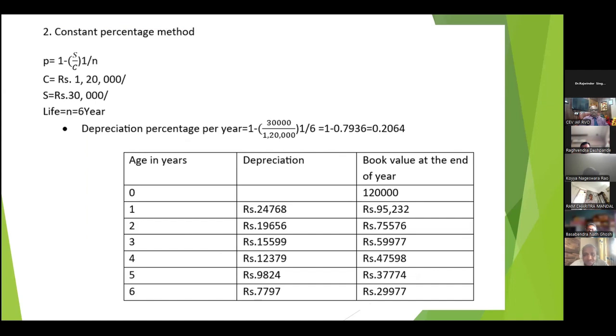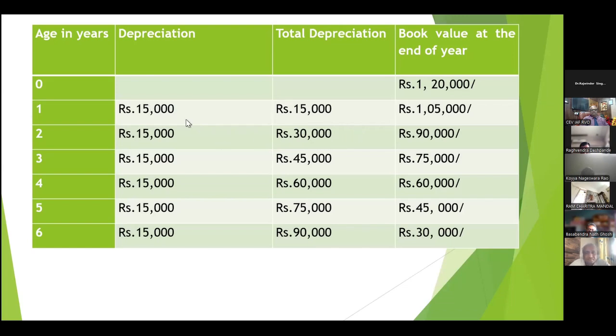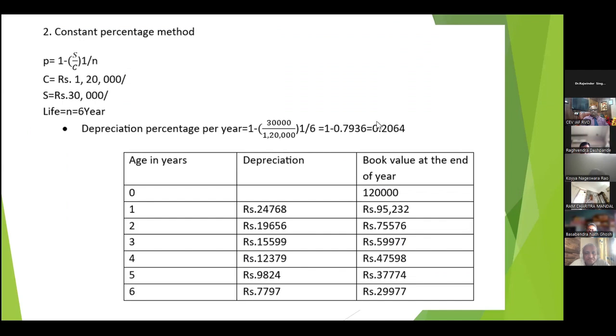अदरवाइज इसमें एक और लिमिटेशन है कांस्टेंट परसेंटेज मेथड में, इसमें वैल्यू विल नेवर बी जीरो। वो हम आगे जाके क्वेश्चन में देखेंगे कि इस मेथड की ये लिमिटेशन है। दिस मेथड हैज ए लिमिटेशन दैट इन केस ऑफ कांस्टेंट परसेंटेज मेथड यू विल नेवर गेट जीरो बुक वैल्यू। बेसिकली कुछ ना कुछ वैल्यू जरूर आएगी। बट वी आर टॉकिंग जस्ट टू मेक द थिंग क्लियर कि दोनों कैसे काम करते हैं। इसमें आपने देखा कि अमाउंट कांस्टेंट रहा, इसमें आपकी परसेंटेज कांस्टेंट, दैट इज व्हाई इट इज कॉल्ड कांस्टेंट परसेंटेज।